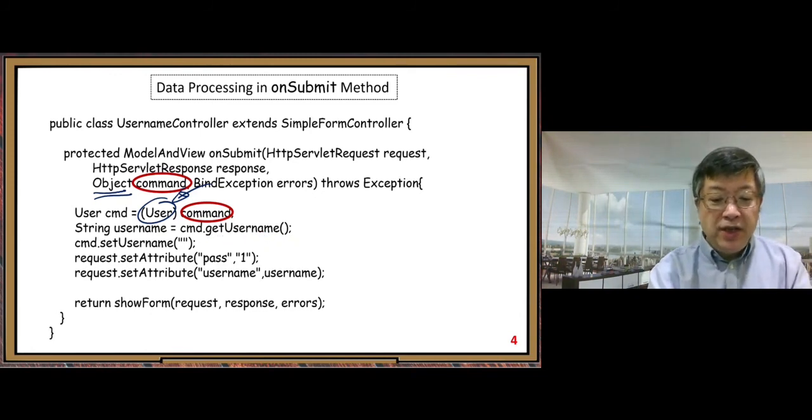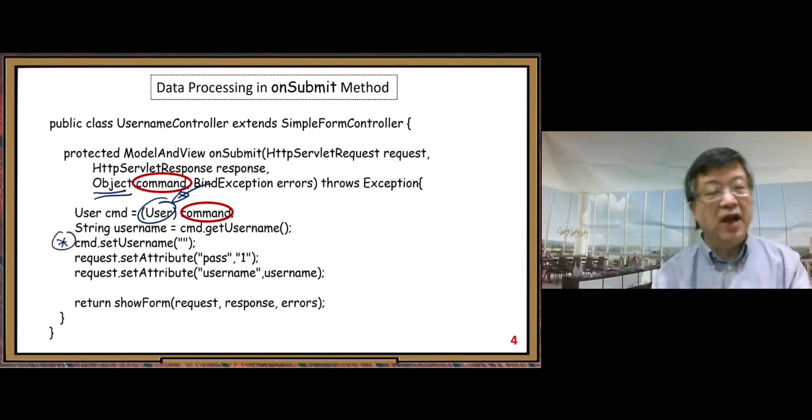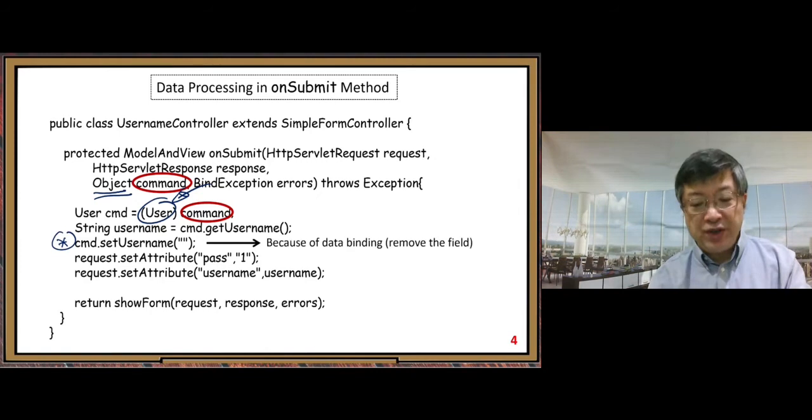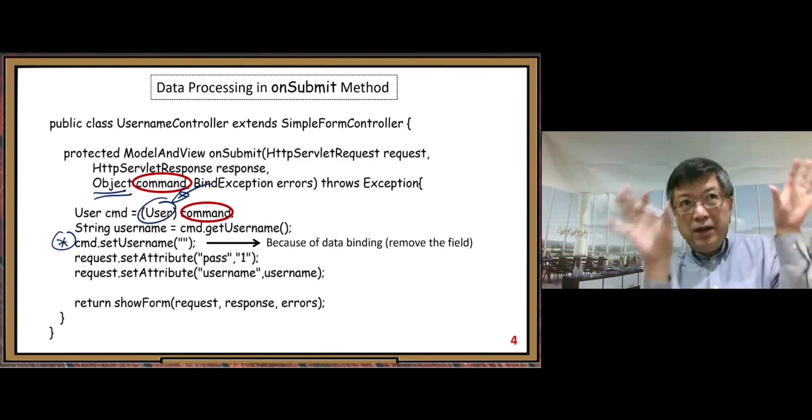Next, you can see why we use the special line, right? Why we use the special line. There is some special reason because of data binding. Think about the data binding happens after we do the configuration. In the next video, we will do configuration. After that, data binding happens